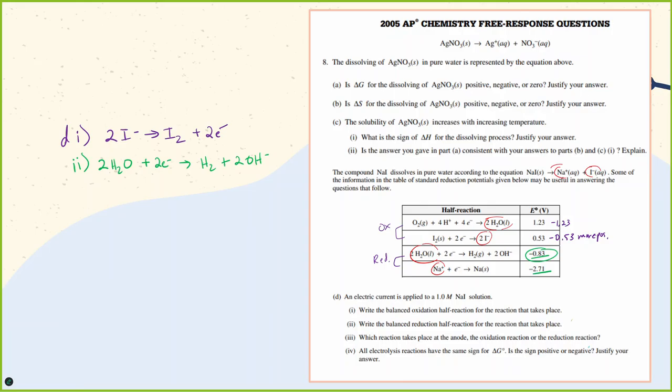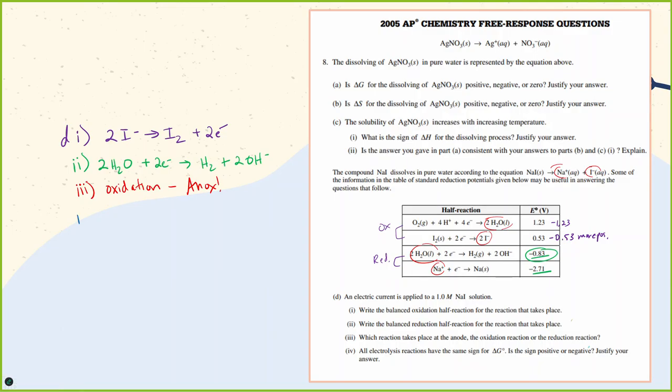Which reaction takes place at the anode? Oxidation. That's easy. This is just like the one in the notes too. As you can see, they don't necessarily come up with new questions. They just give you different reactions. Anode is always oxidation. Remember, An Ox, Red Cat. And then, once again, with this one, this is similar to the one that was in the